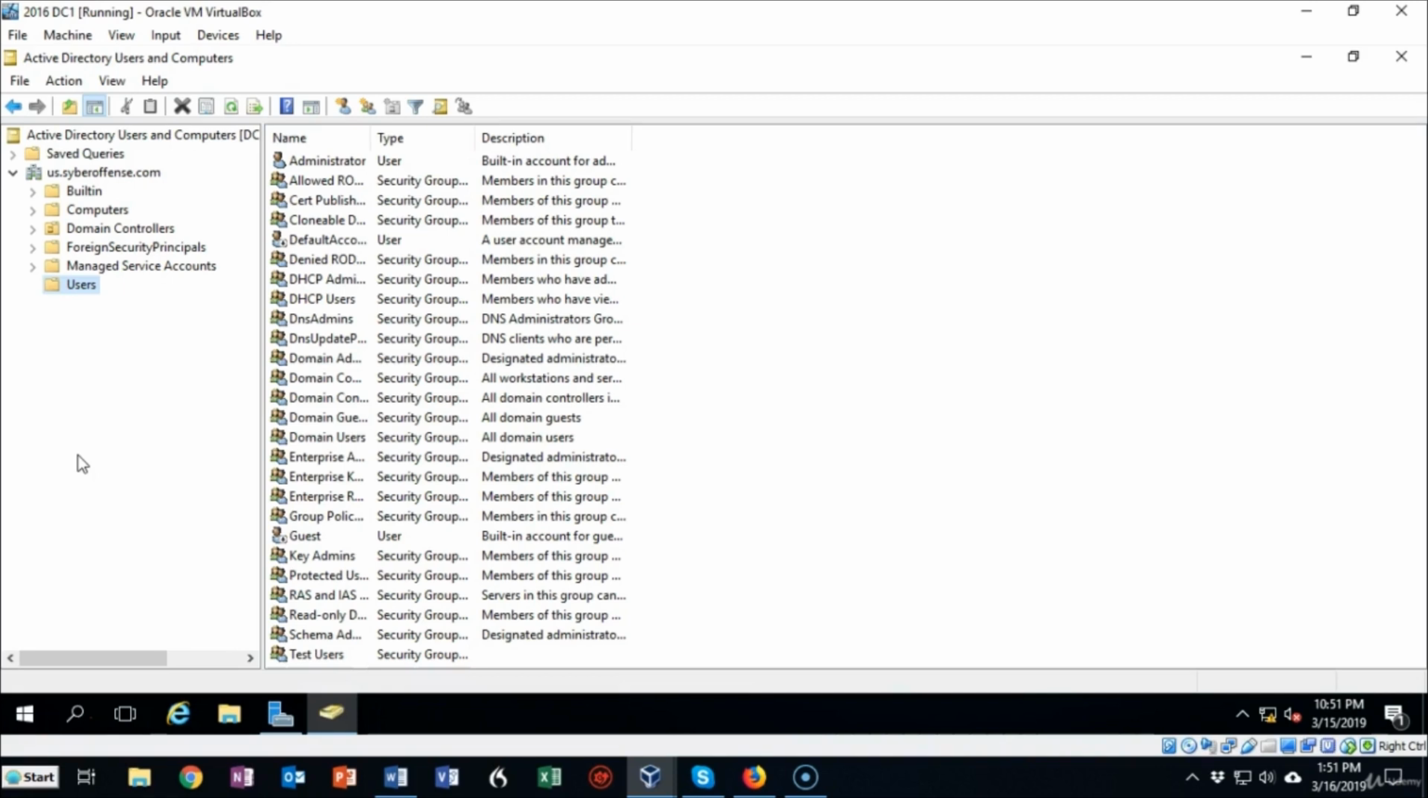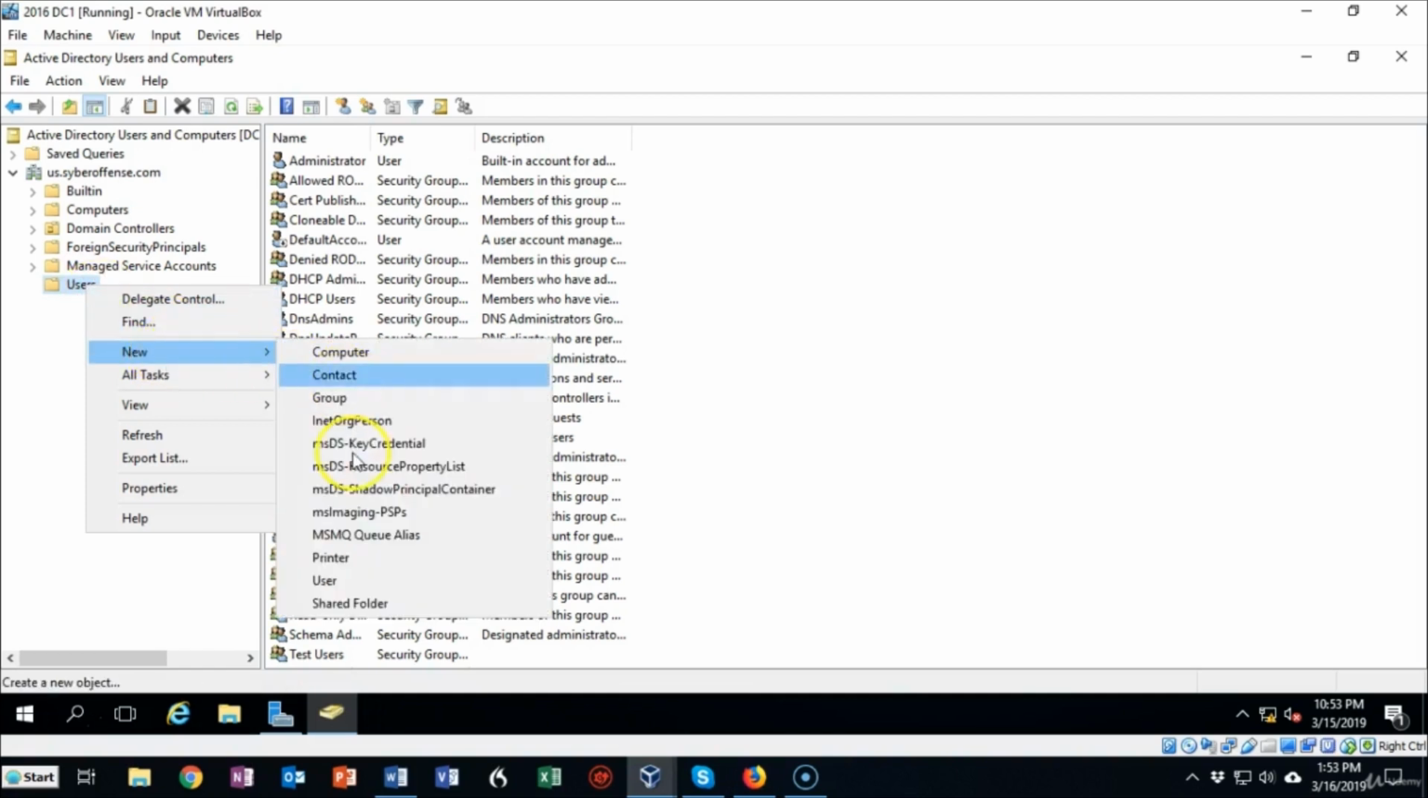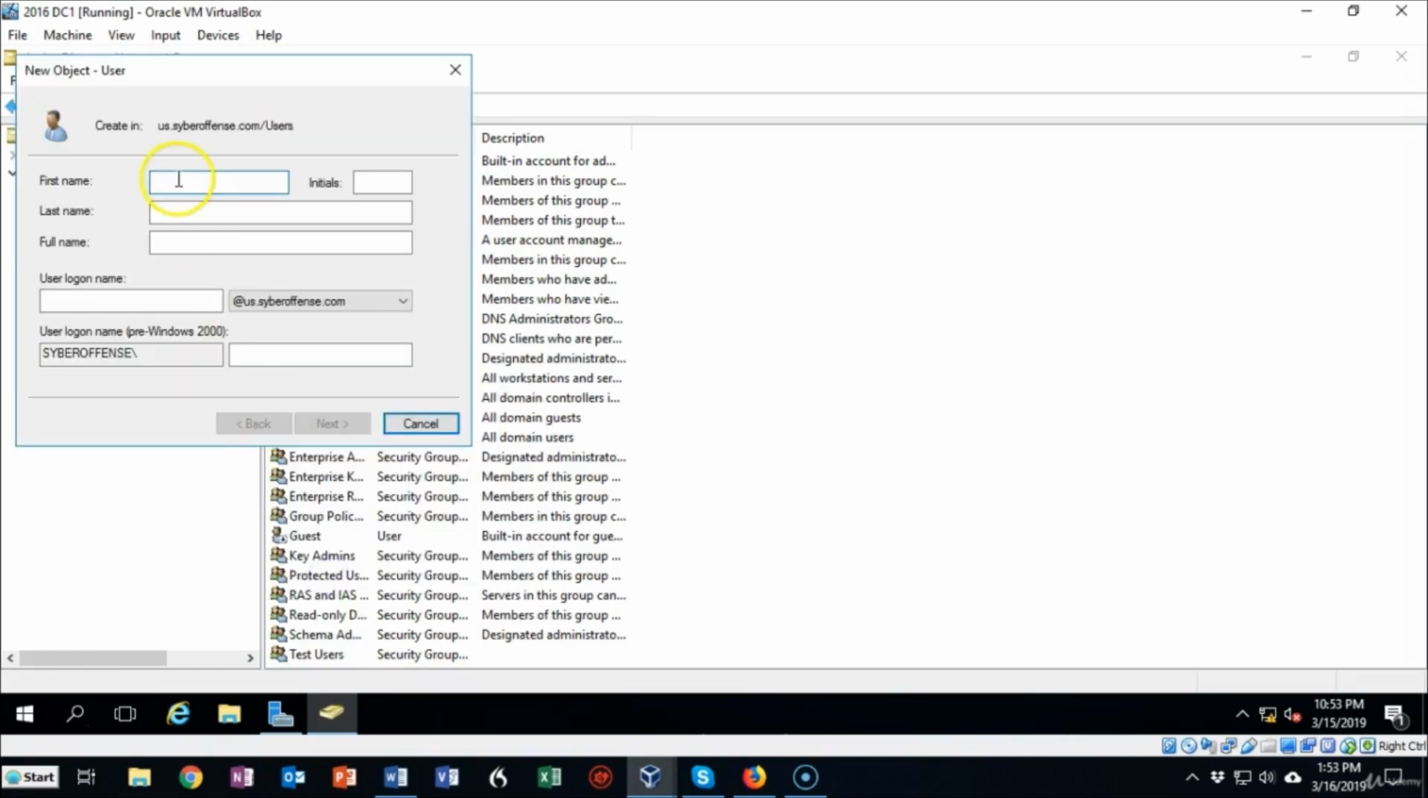I'm up inside of Active Directory Users and Computers, and now if I go to the container to which I want to create this new user. By default, when you create a new user inside of Active Directory, the default container is going to be the Users container. So you can right click on your Users container, go to New, select User,